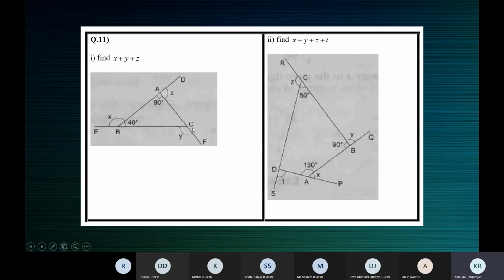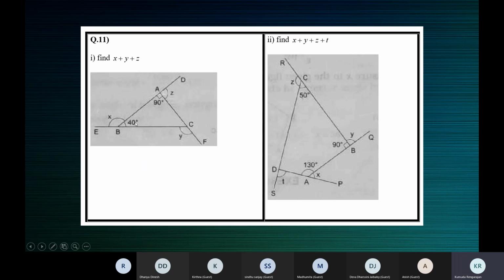Similarly, each of the sides, AC, BA, CB, is extended, produced, and exterior angles are formed. So we know that in every polygon, the sum of the exterior angles is a constant, 360 degrees. So x plus y plus z is 360. But in this question, children, since we have been given some information, you're not supposed to write x plus y plus z is equal to 360 straight away. You need to work and show it as 360.